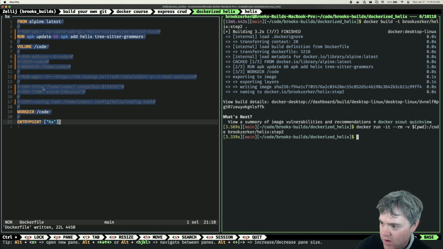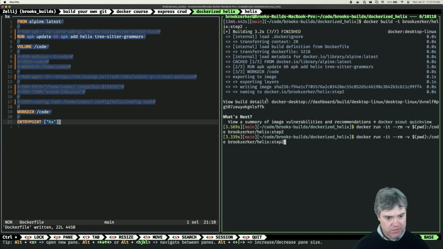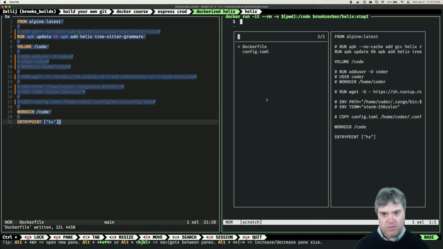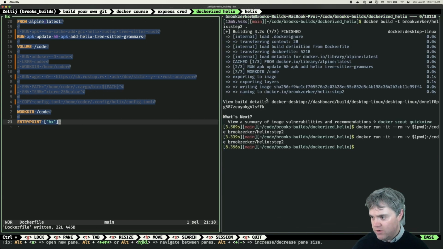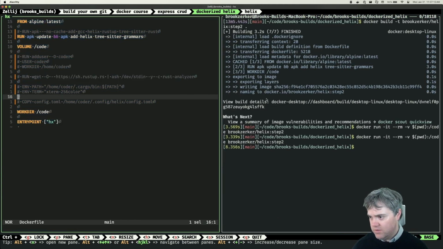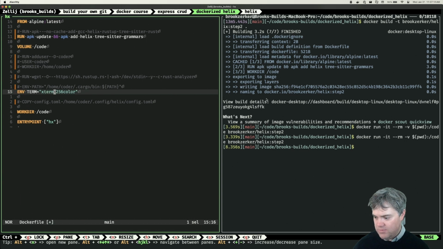Actually, do I want to do the terminal for color? I might want to do that. So if I go into Docker file, yeah, look at that. We have no colors there. So if I were to update you,